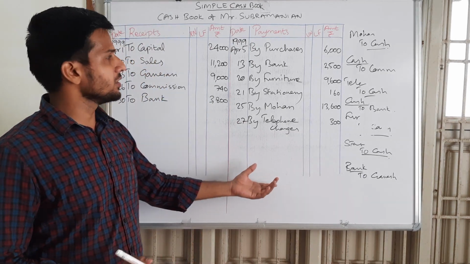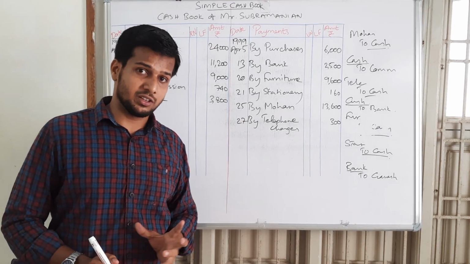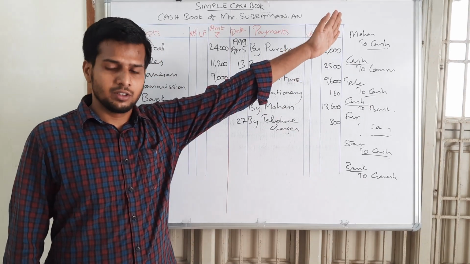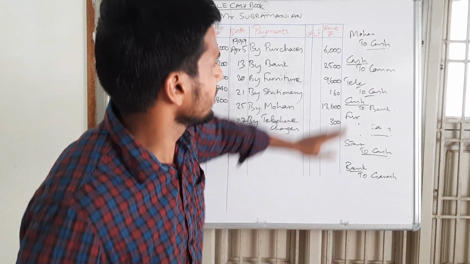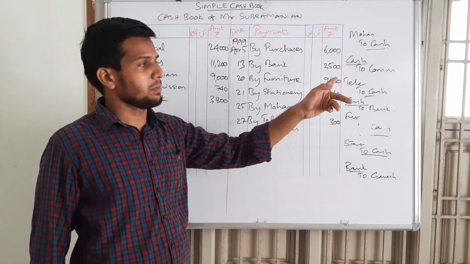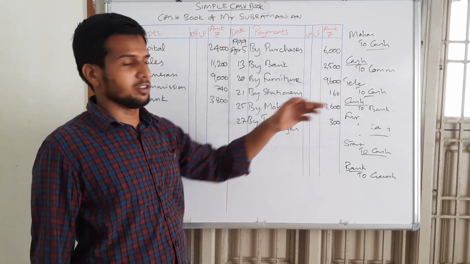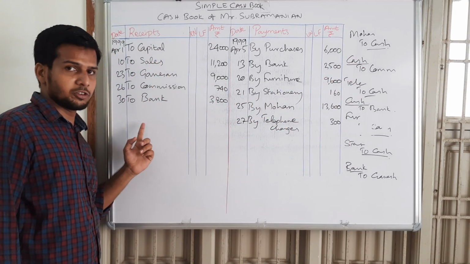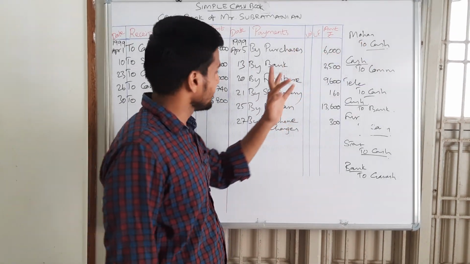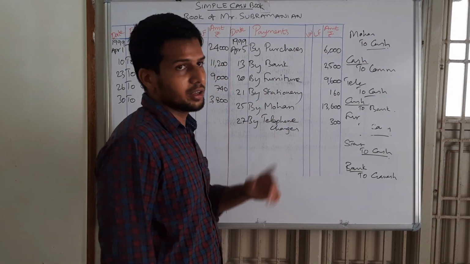In case you are confused whether it is a receipt or payment, you follow the journal entry method. Do a rough work of the journal entry and see, cash or bank. If cash is debited, then it comes on the debit side, and it must be started with 'To'. If cash is on the credit side, it must be started with 'By' on the credit side, okay.